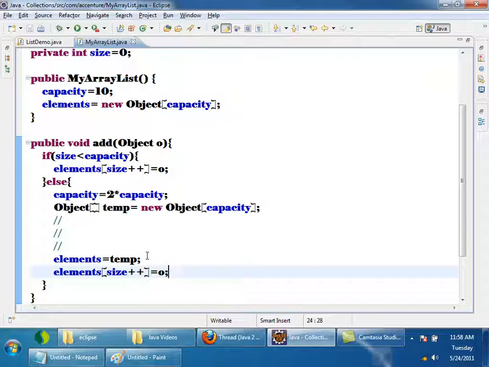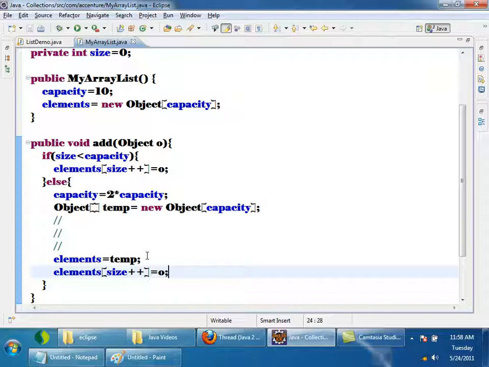Array is growing its size. Initially the capacity of the array is 10, but when I try to add the 11th element, the size has grown to 20. If I try to add the 21st element, the size will grow to 40. If I try to add the 41st element, the size will grow to 80. Like that, the size is growing.